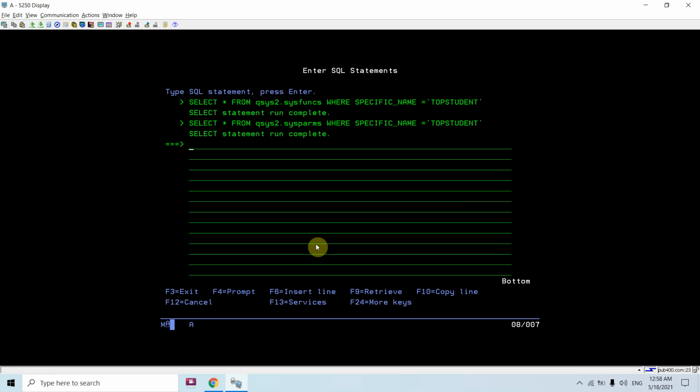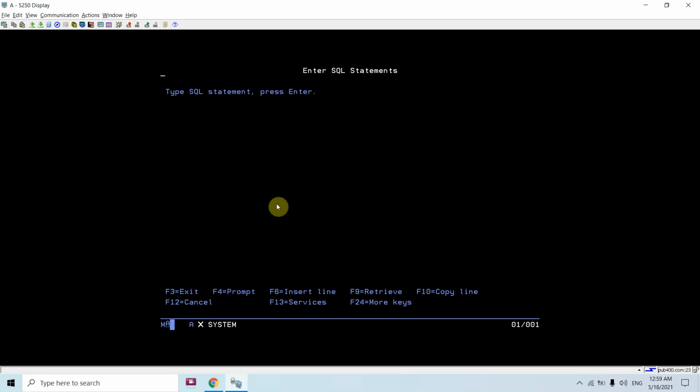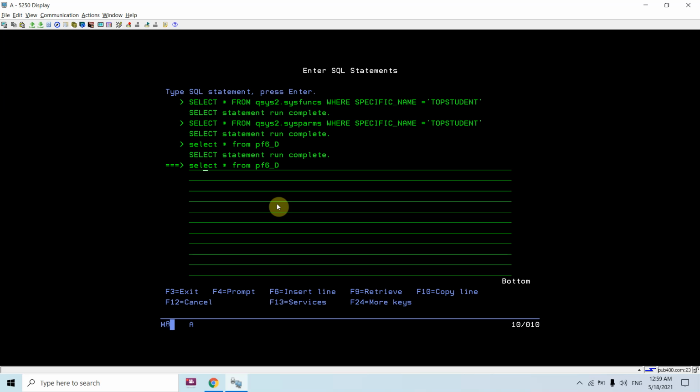Now let me call this. So first of all, I'll show you the table data. So this is the table data where student ID is this, name this, and these are marks. So basically we need to rank them, and let me show you how to pass the named arguments.